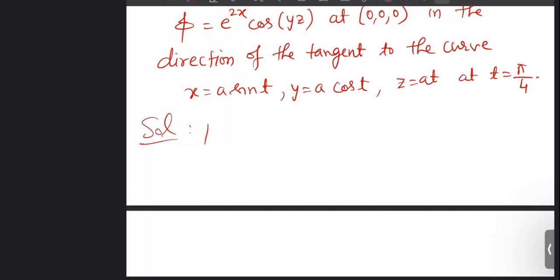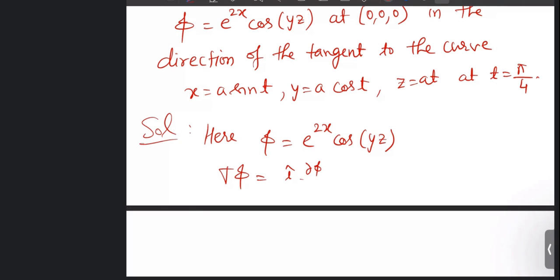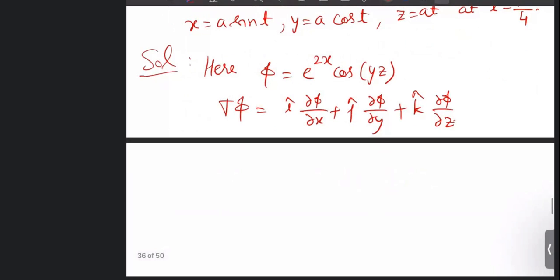here we have given phi is equal to e raised to power 2x into cos of yz. Then find the gradient of phi, that is i del phi upon del x plus j del phi upon del y plus k del phi upon del z. And determine the derivative with respect to x. E raised to power 2x derivative is twice of e raised to power 2x, cos of yz as it is,